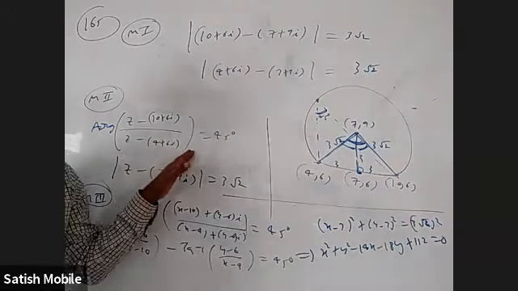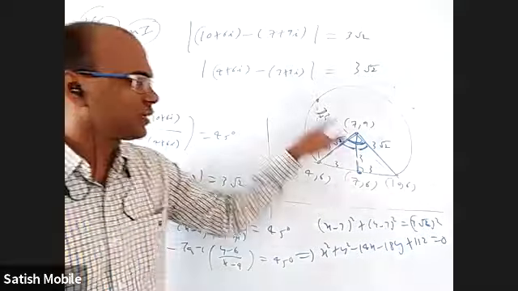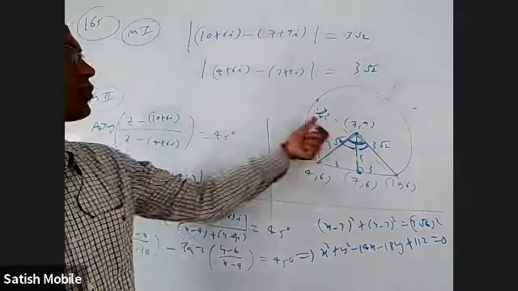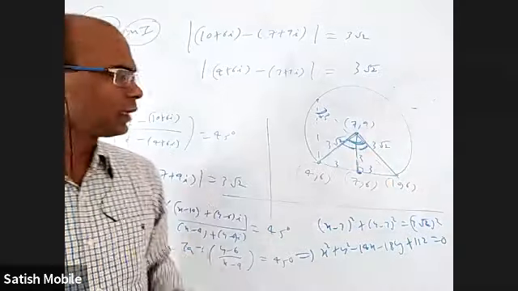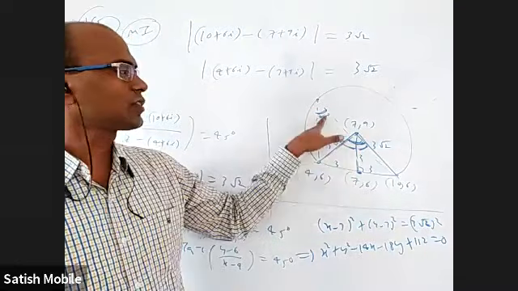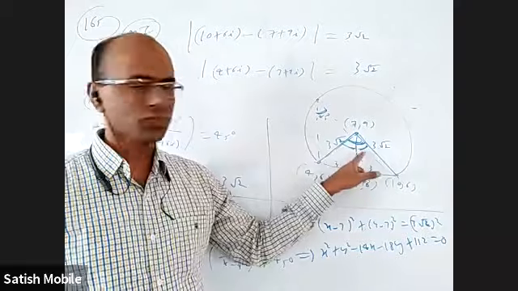Okay. So you know that it is part of a circle where you take Z and Z1, Z and Z2; when you join them, the angle between them is theta. That theta is 45 degrees. It is a major arc of a circle. If a chord subtends theta here at the circumference, it will subtend 2 theta at the center. Because this is 45, this is 90. And if this total is 90, this is 45, this is 45.